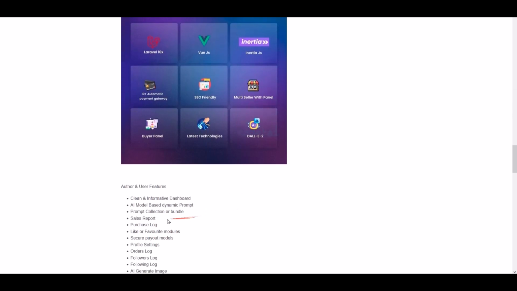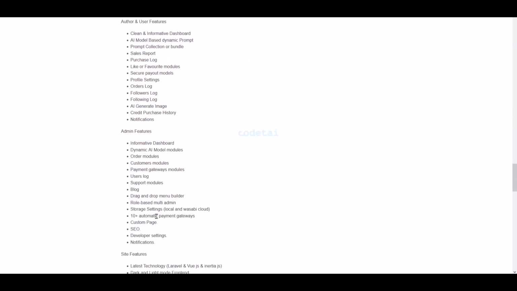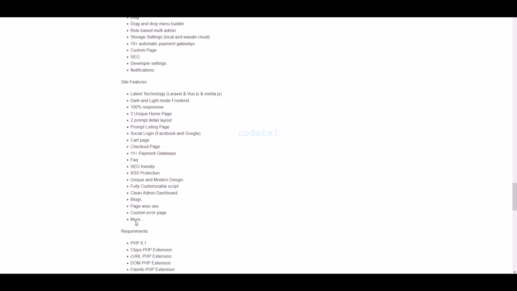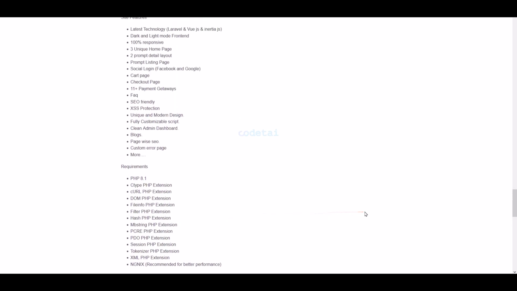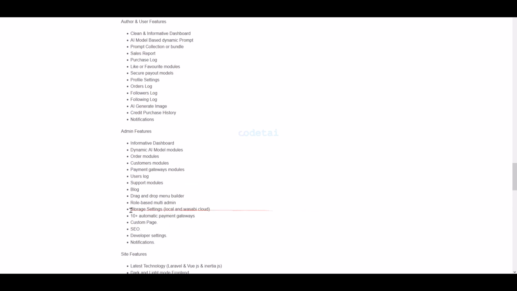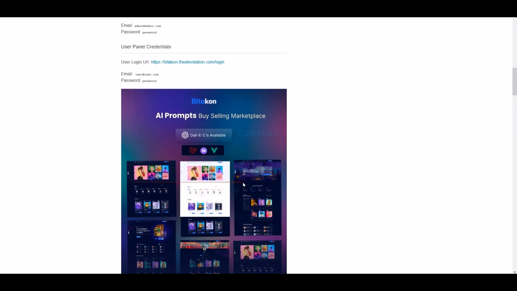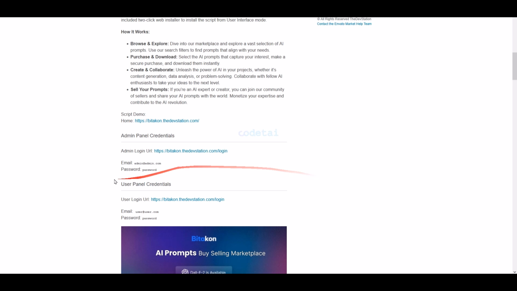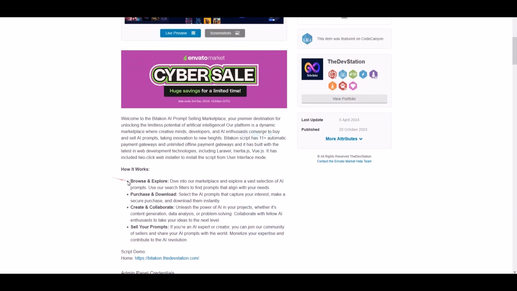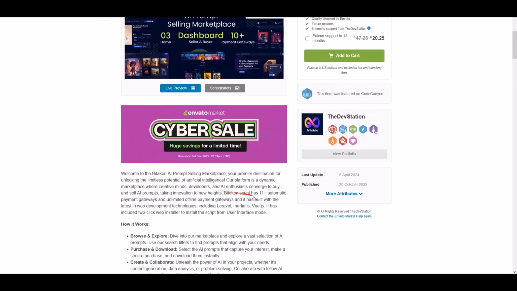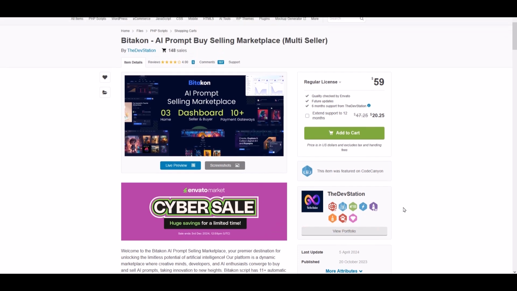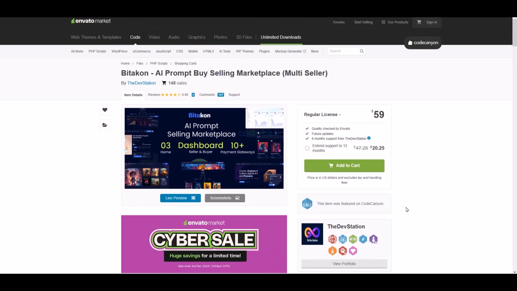If you buy this source code once, then you can use it on the website for lifetime. Also, you get source code update versions for lifetime, and you can take developer support for any problem. We will also support you. If you have any problem installing the source code or any problem in customizing the website, then you can contact us. You will find all the information to contact us in the video description.